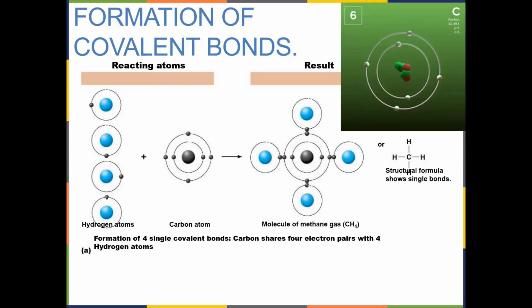Where's hydrogen going to get the extra electron for every hydrogen atom? It's going to be covalently bonded with the carbon. And so what will happen is that as the hydrogen binds to the carbon, the hydrogen brings its electron in, and carbon will share 1 of its electrons with the hydrogen. And now we have 2 electrons here.